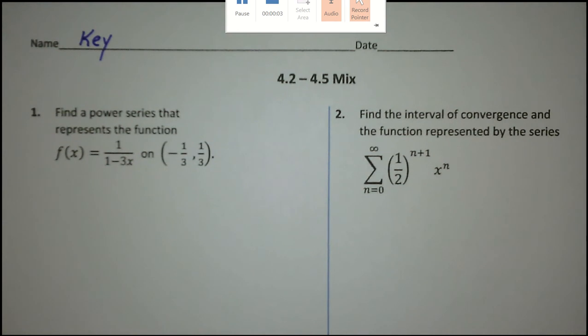Okay, I'm going to do a video here on this 4.2 through 4.5 mix. So after getting done with 4.5 and trying all the homework, it's going to be good to do, I guess, this sort of review mix assignment. And I think I'm going